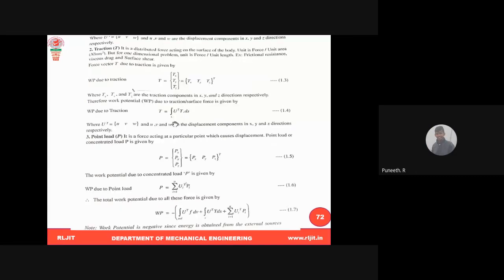If work done is minus, what does that mean? Not heat, I'm talking about work done. If work done is negative, what do you mean by that in thermodynamics? Work done on the system. Yes, that is very important.